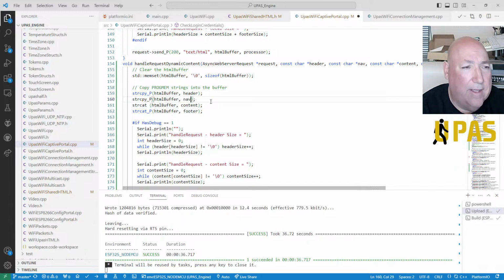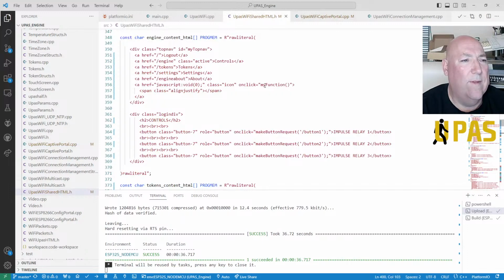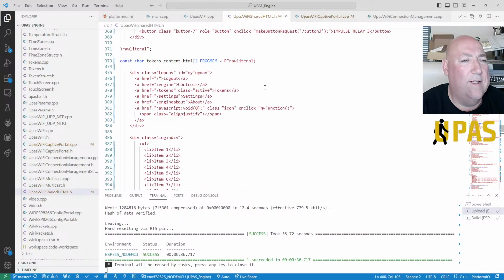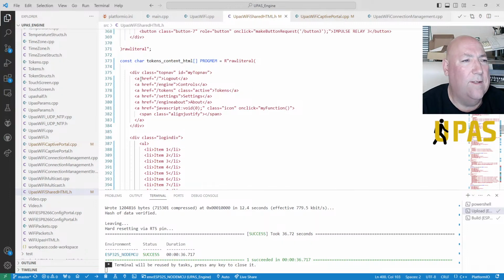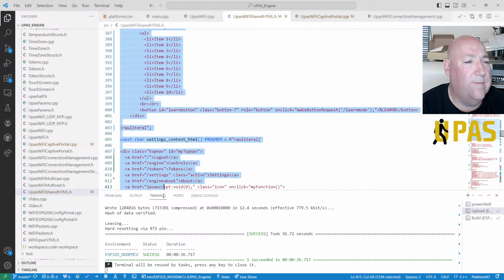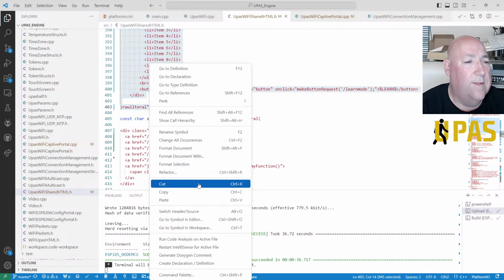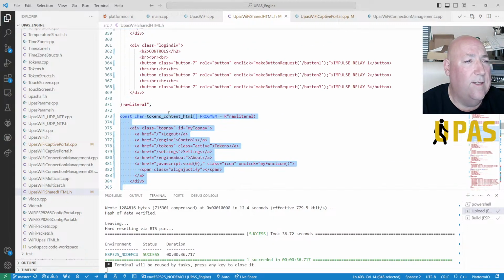Get the nav over there, and then we can have the content, and then we need to create a new nav from the token data, which is this bit here. So we need to copy this and call it